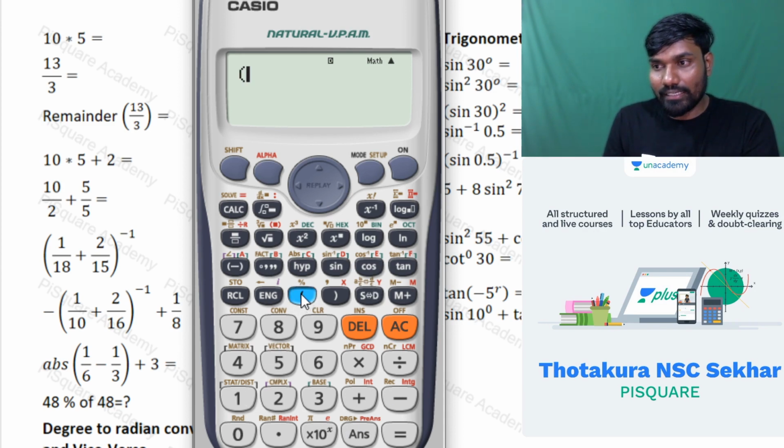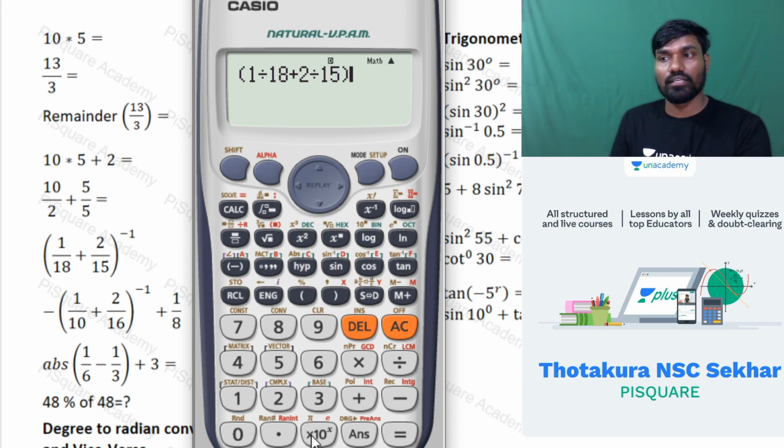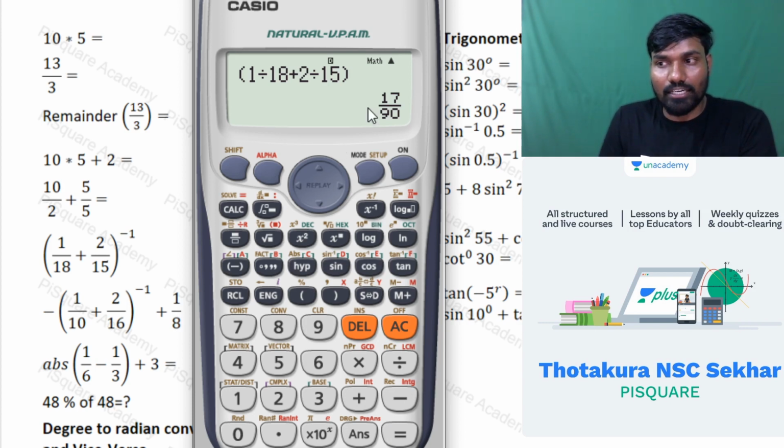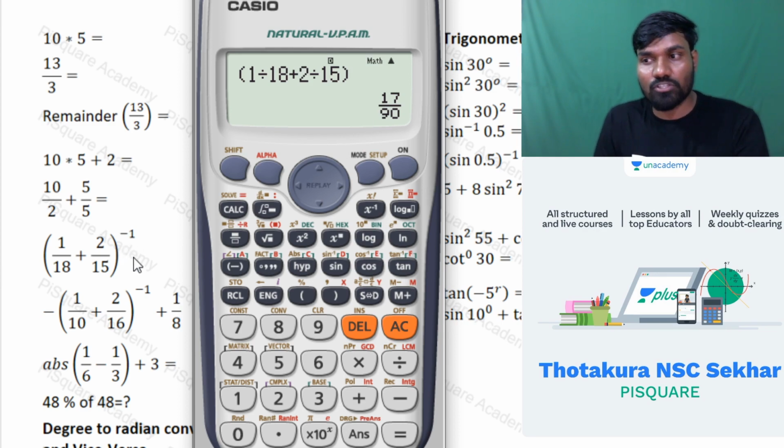1 by 18, perform this. 1 by 18 plus 2 by 15, okay, is equal to, this is the answer what we got. Okay, now if you want the inverse, if you want to perform the inverse operation, what you will do in